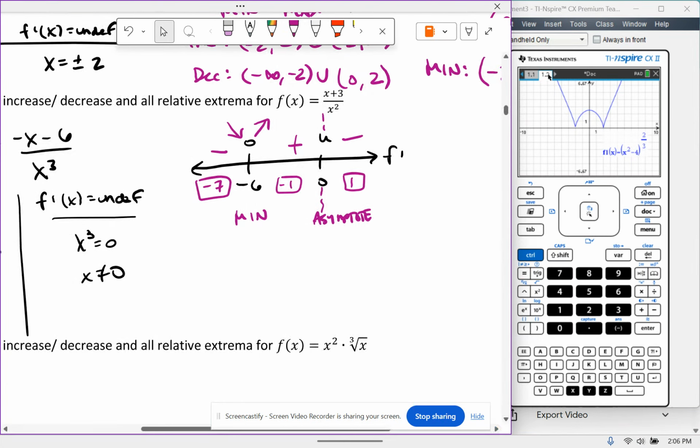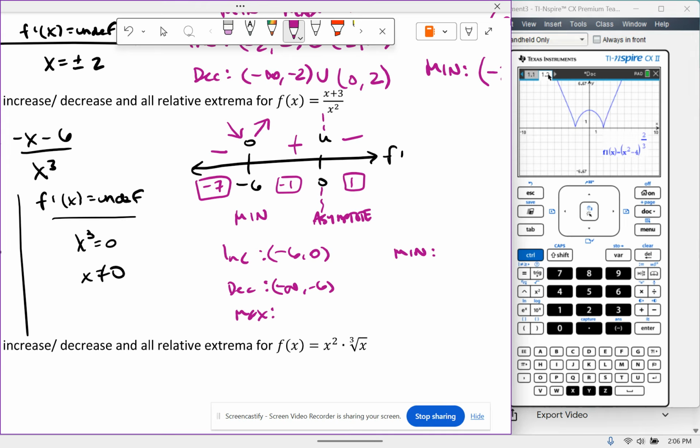And let's take a look at the graph and see if we can, oh no, first we have to do intervals of increase and decrease. So it's increasing from -6 to 0. It's decreasing from negative infinity to -6, and then again from 0 to infinity. The max is